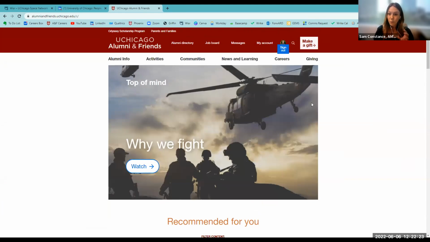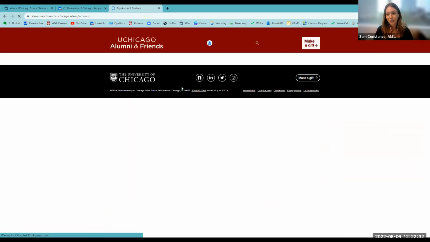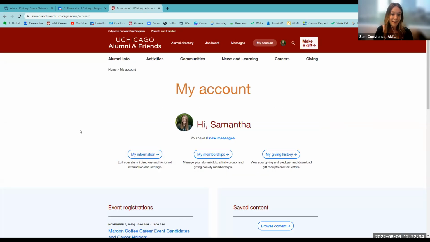And I encourage anyone who signs up for or signs into this portal to actually go to their account and make sure that they update their information to make sure that it's as up to date as it can be. We want to make sure that the data we have is up to date, and that will ensure the connections that you're going to be making with folks in the alumni directory work best for you, for your mode of communication. So you can click the My Account button and then go to My Information, and from there you'll be able to edit your information.